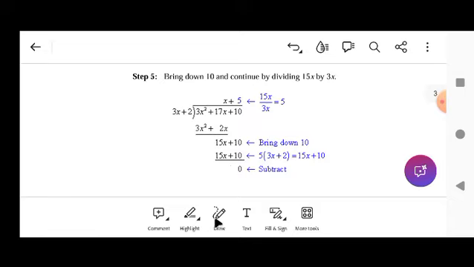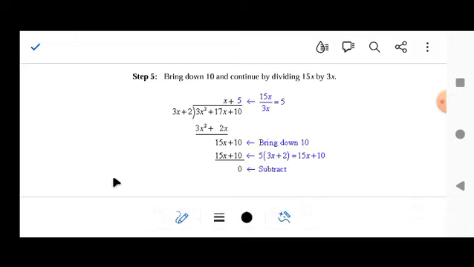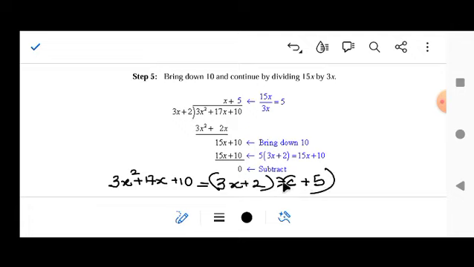So at every point in time, if I want to write this, the complete polynomial, 3x squared plus 17x plus 10, I can write it as what? I can write it as this: x plus 2 multiplied by what? This quotient that is on top, 3x plus 5, right? Then plus the remainder. The remainder here is 0, so it is not needed. So that's that about that. I will see you for more examples in the next